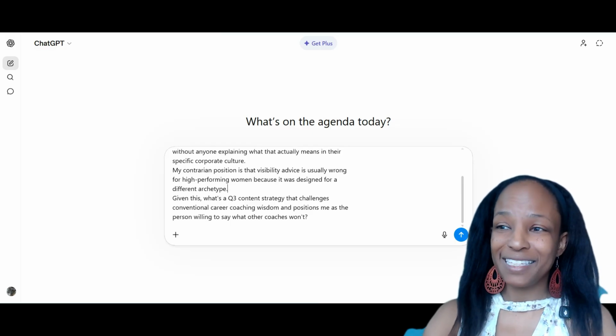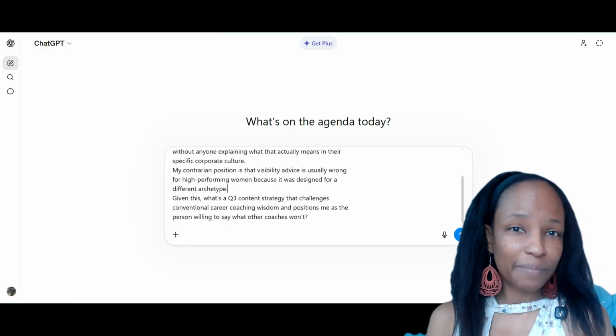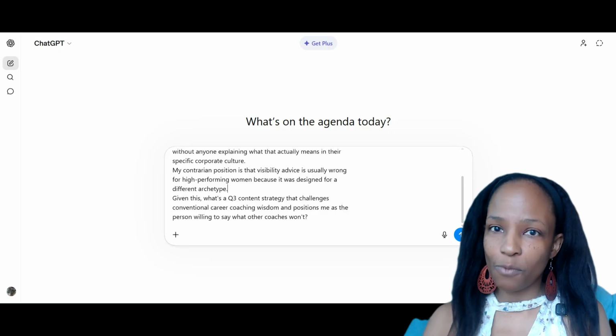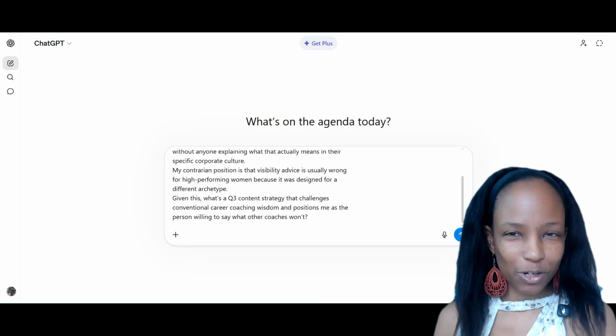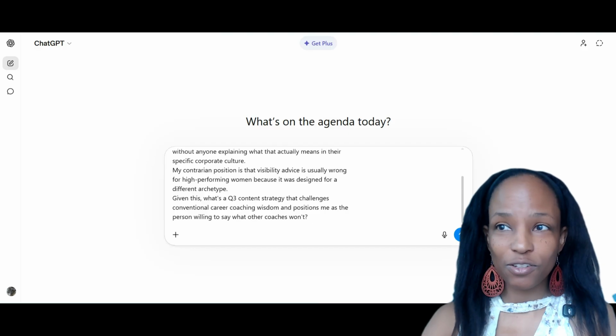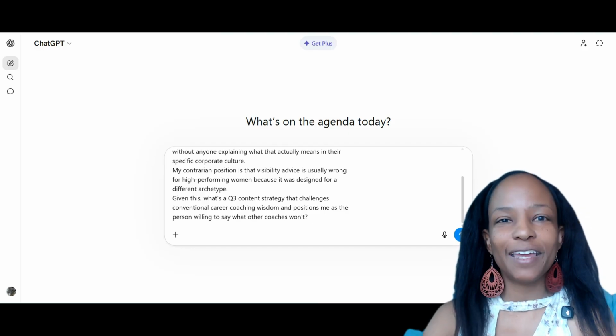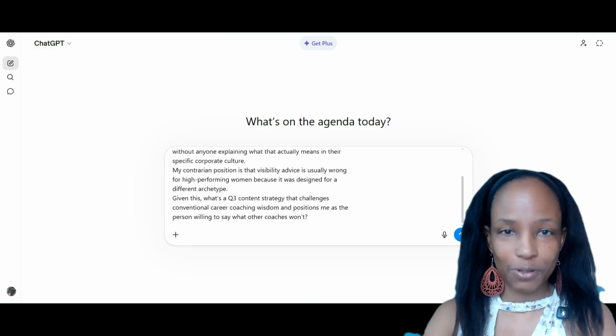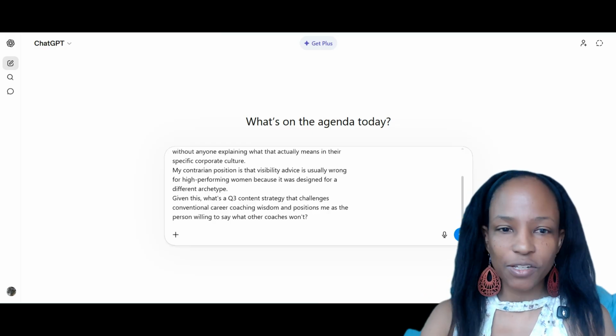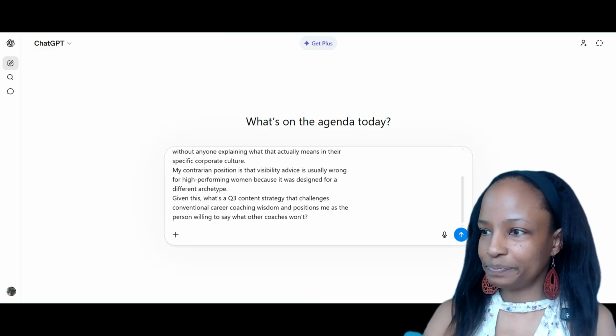So you can automatically see that because this is just a prompt, it's automatically way better than what I previously gave it. Although I wouldn't do it this way, but if you're going to do it, you can try something like this. If you're not going to do it my way, you can do it this way. So this is actually not bad. So let's run it and see what it says.